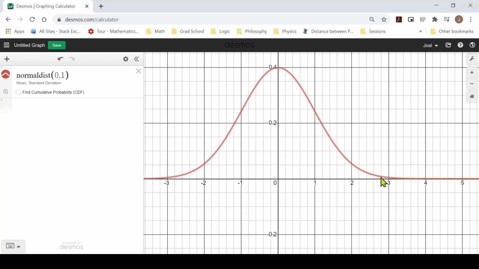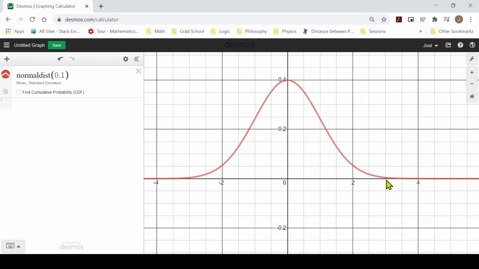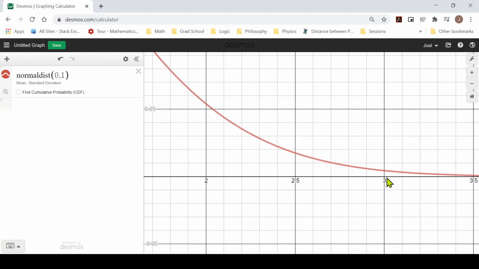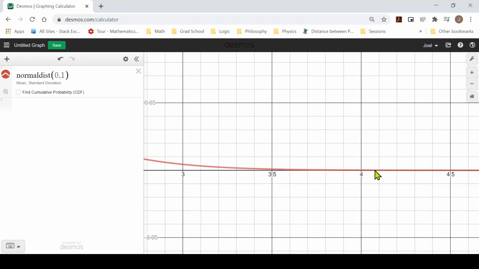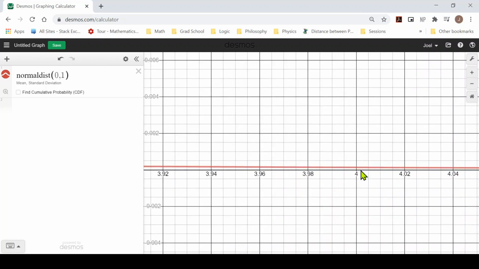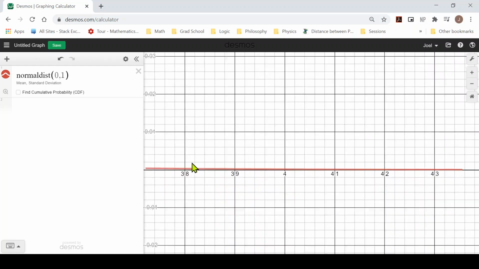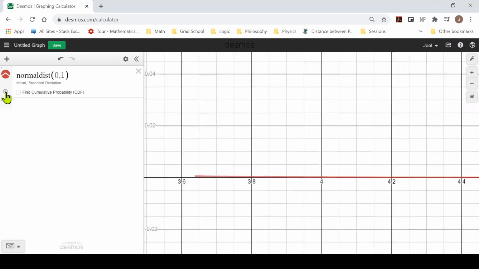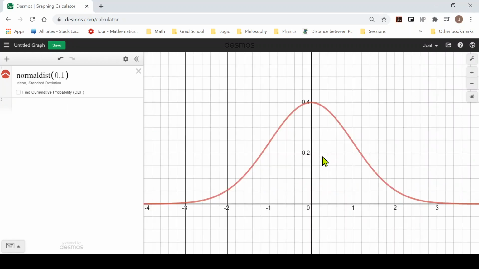And I also emphasize the little gap here. You see, there is a little gap, but if I zoom out, you won't see it as much. But if you zoom in, it's not actually touching at 3. And it's not actually touching at 4 either. You'd have to zoom in quite a bit, and you can see that there's always a small gap between the curve and the horizontal line. If you want to take advantage of Desmos, you can always hit this button, and it centers you back on